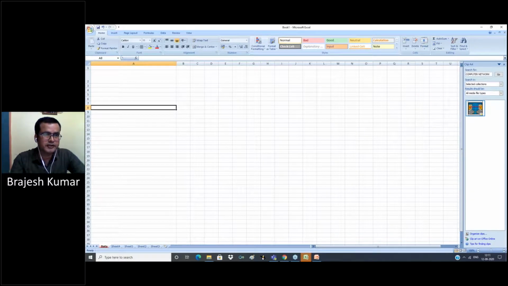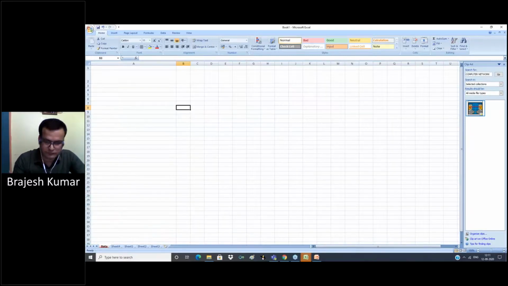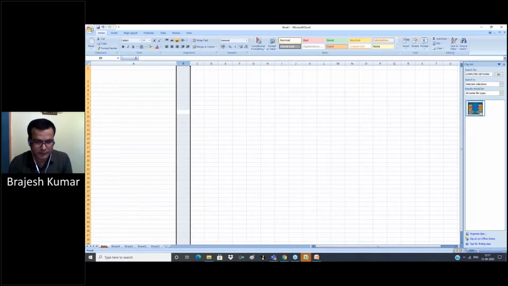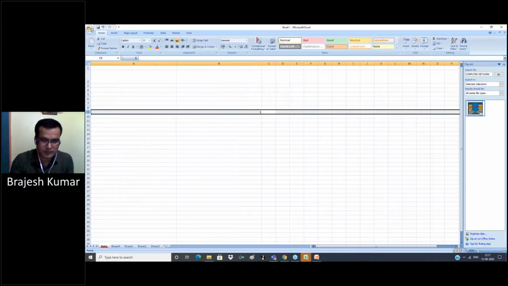To insert, use Control plus. Select Control plus to insert a row. Control minus deletes a row. Windows plus inserts a column, and Windows plus inserts a row.